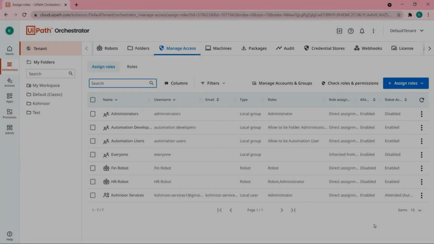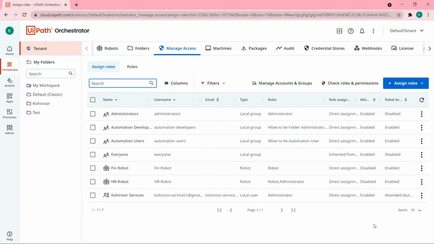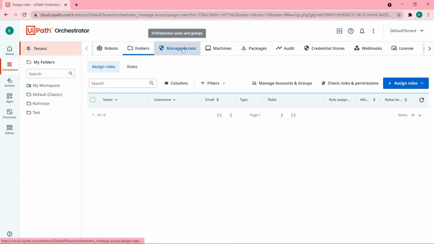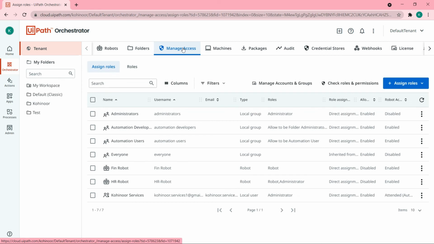Okay, let us continue to see the interface changes that have been implemented in this release. Here, if you go to the tenant, if you remember, in the earlier version, the users and roles tabs were visible on this panel. But now instead of that, a manage access tab has been implemented, and under this manage access tab, assign roles and roles, two separate tabs, are added. You can assign roles to a user from here, manage access tab, then assign roles, and also you can create a new role by clicking on the roles tab.